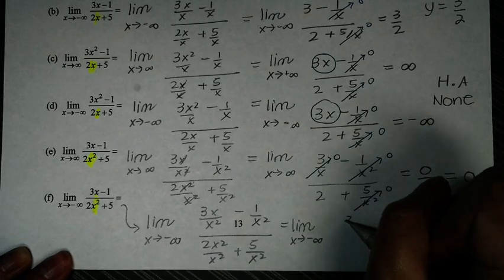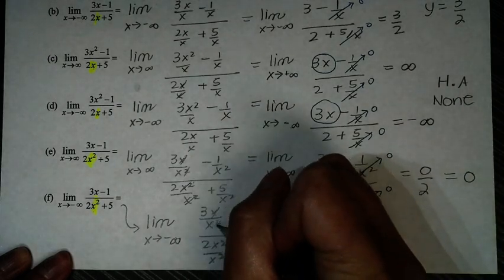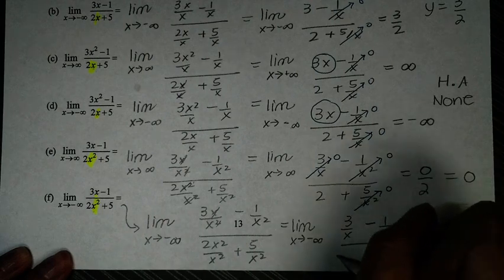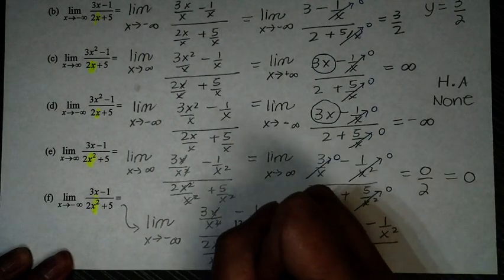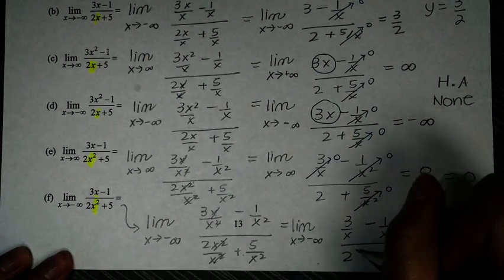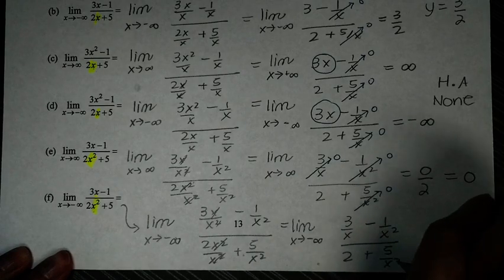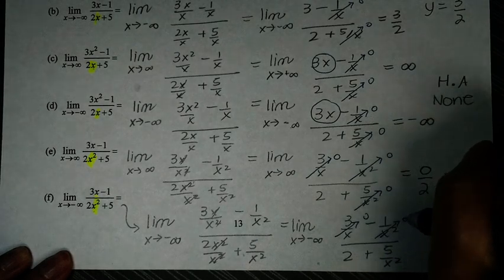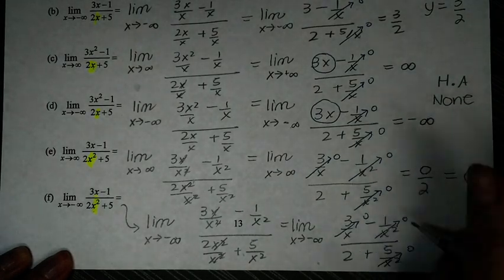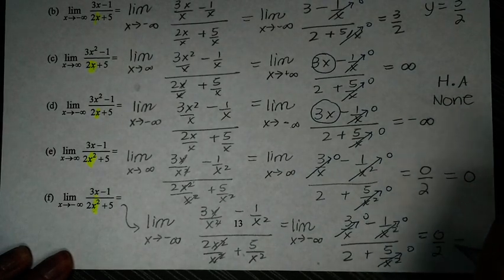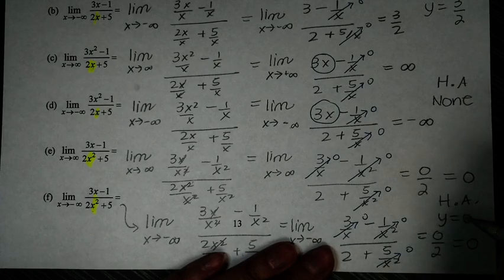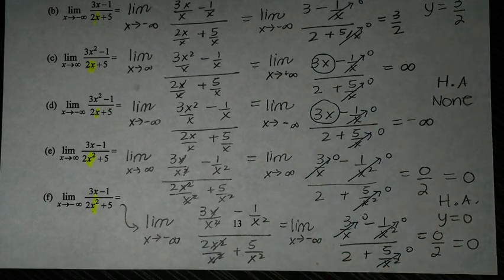So you have 3 over x, because this one cancels with this one, and then we have negative 1 divided by x squared divided by 2, because they are the same exponent there, and then plus 5 divided by x squared. Again, everything flies to 0 except the 2 that we have in the denominator, so you have exactly the same, 0 over 2, which is equal to 0. So this is telling you that this equation has a horizontal asymptote at y equals 0,